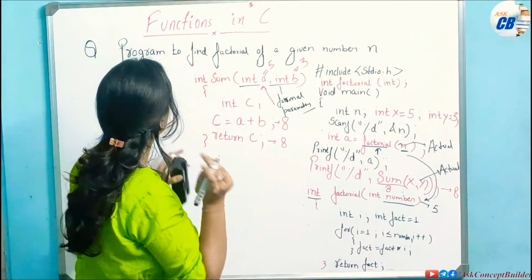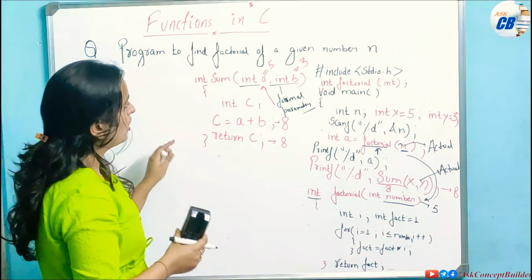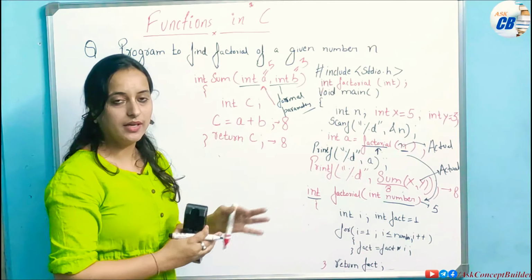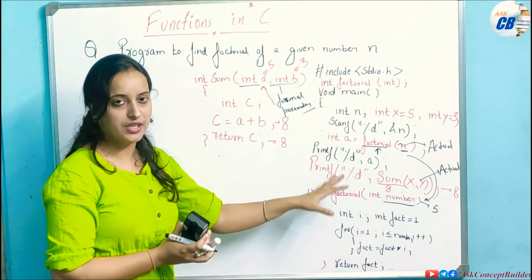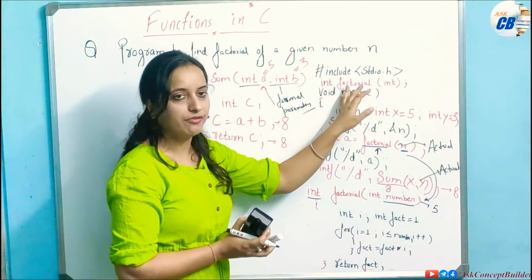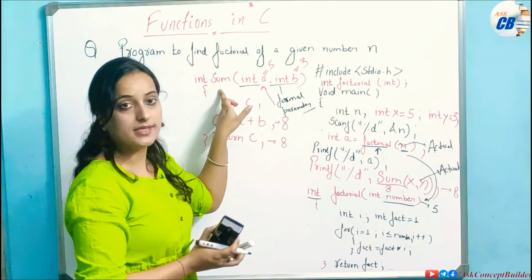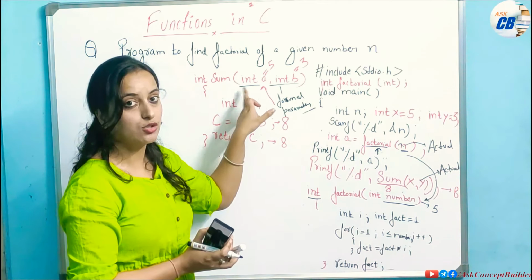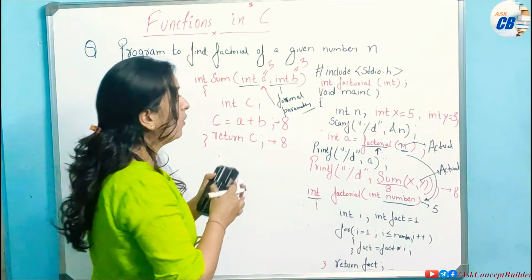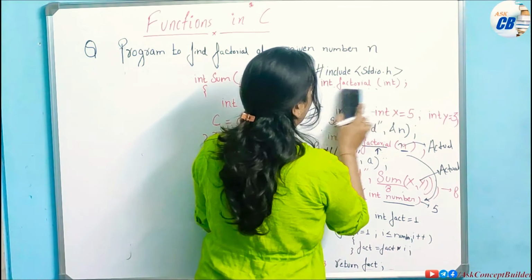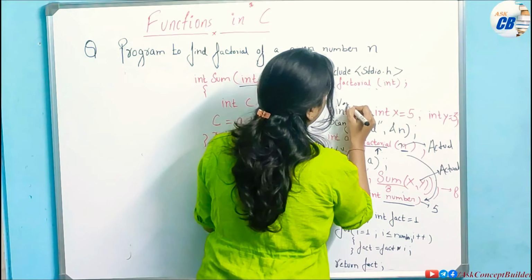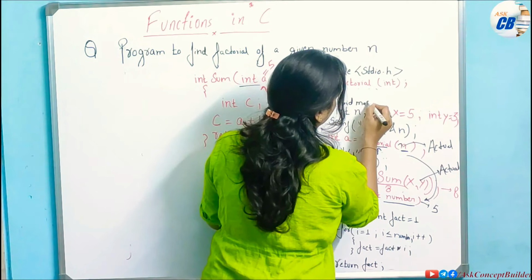So what we have learned here is how we use functions in our C programming. First we have to define it. Now this sum function also we have defined, so we have to declare it also. Now how will I declare it, this is one important point. See here, this will be your void main.